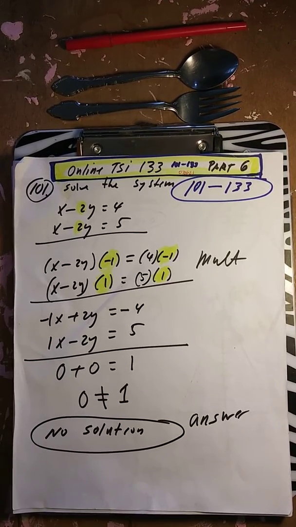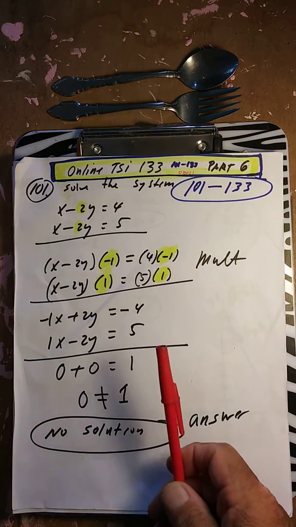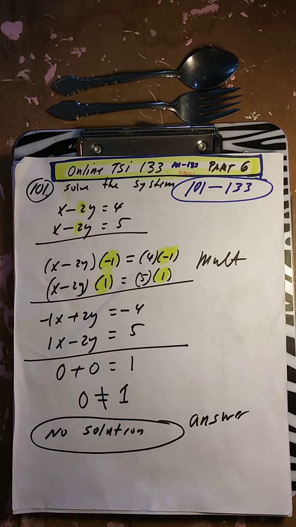All right, we're going to do online TSI 133, problems 101 to 133, part 6. Ready to start? Ready, guys? Let's go. All right, so I'm going to do x minus 2y